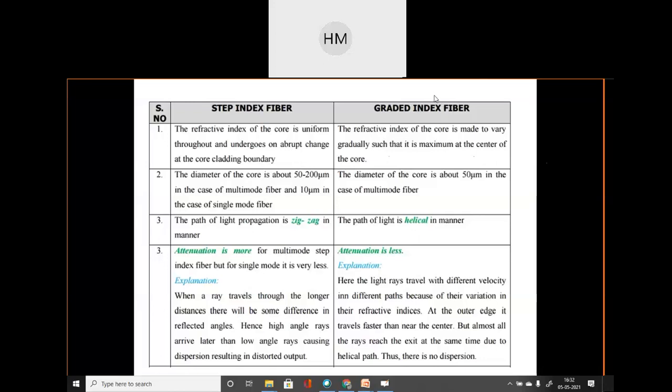बिना इसको पढ़े कोई बता सकता है? कुछ few points you can illustrate for step index and graded index fiber. You can speak out. Really, it will be an interactive class then. कोई कुछ points बता सकता है? Because almost 10 classes we have taken for the first unit. So now can you summarize? If anybody is interested.